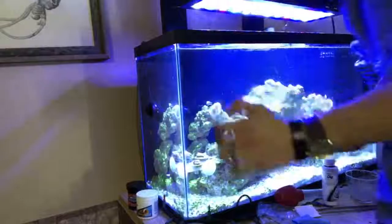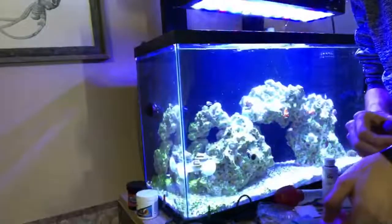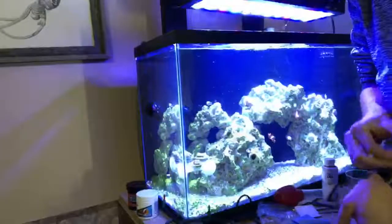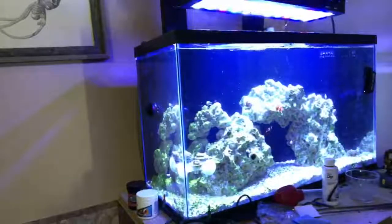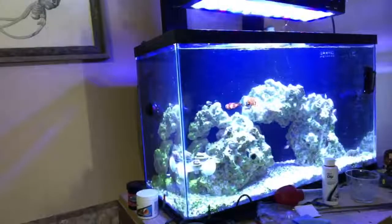So first, take off anything you don't want in the saltwater aquarium, meaning my watch. And then I also need to cut this band off. And then it's always a good idea to rinse your hands off in water, just so if you have any, oh, hang on, sorry,